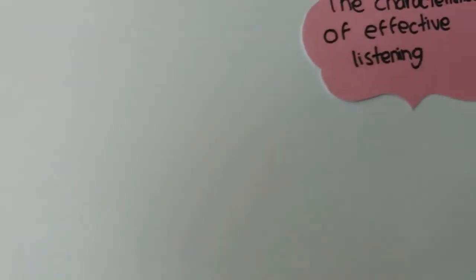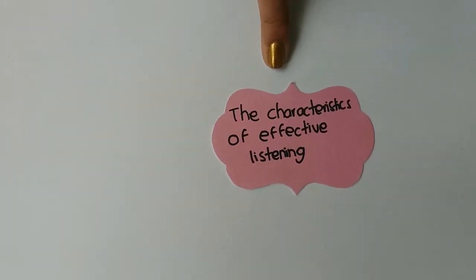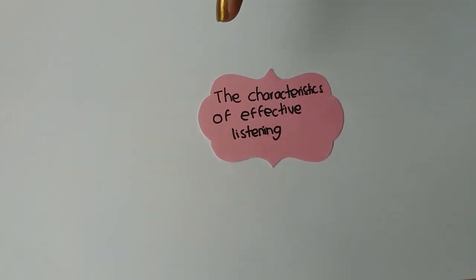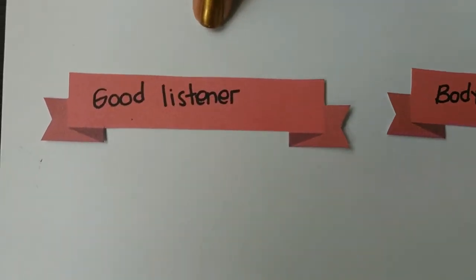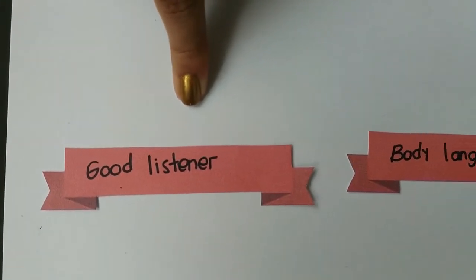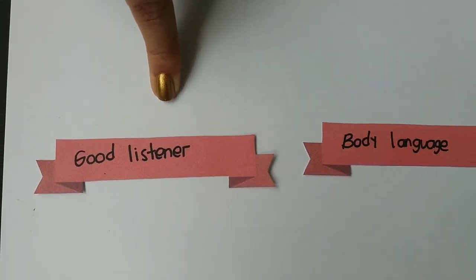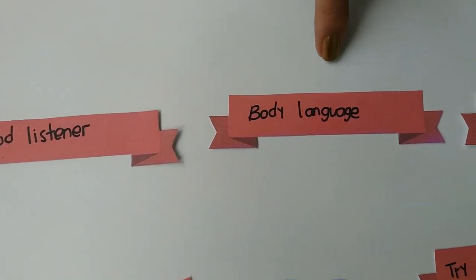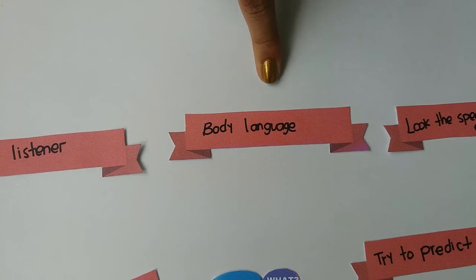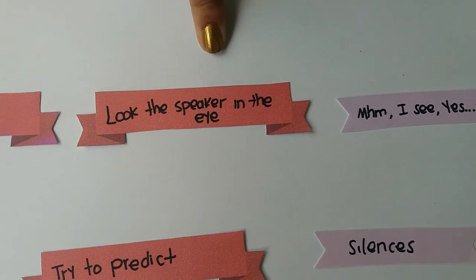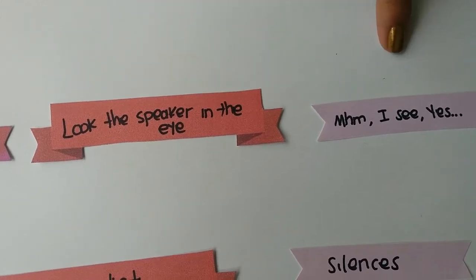Welcome to Chapter 3: the characteristics of effective listening. First of all, let us consider the mythical creature called a good listener. But what does it mean to be a good listener? Very few people would listen if they didn't know it was their turn, but in face-to-face conversation, they may do some of the following: use attentive body language, look the speaker in the eye,